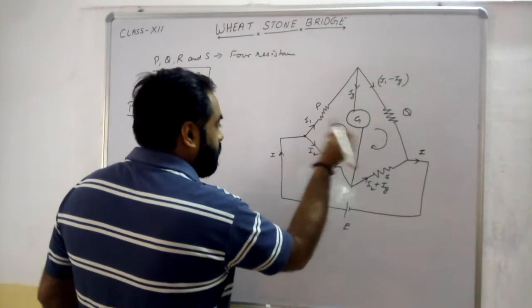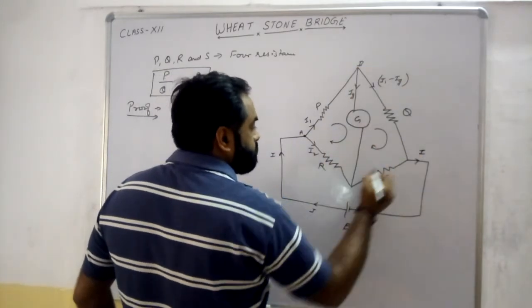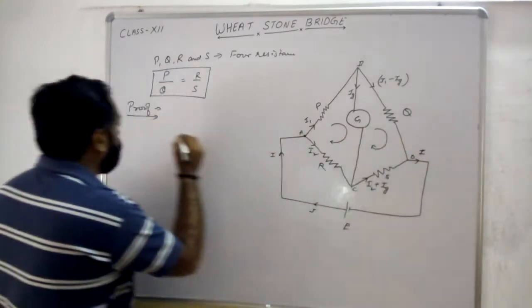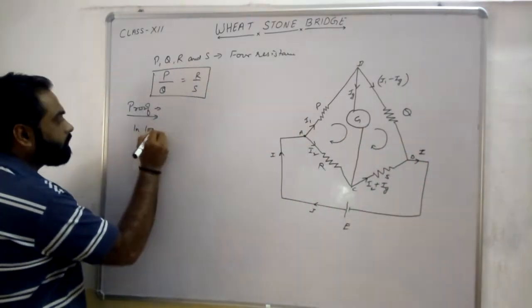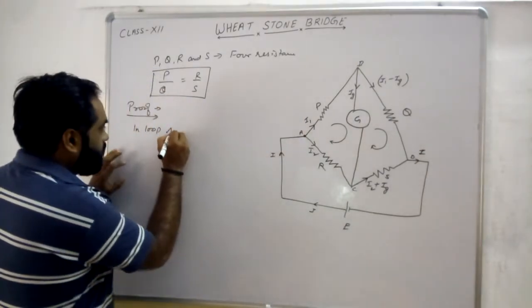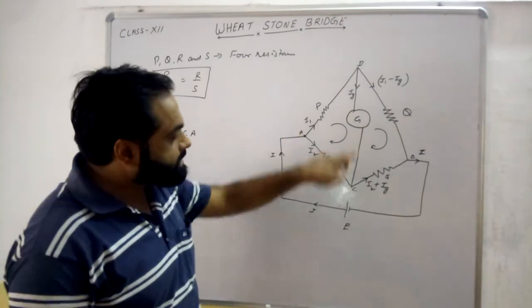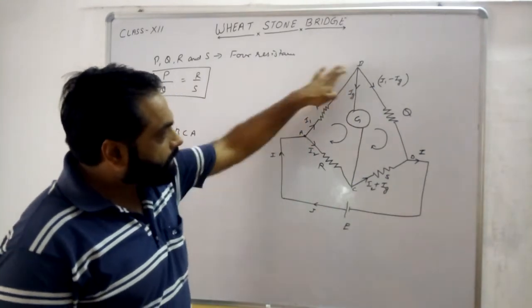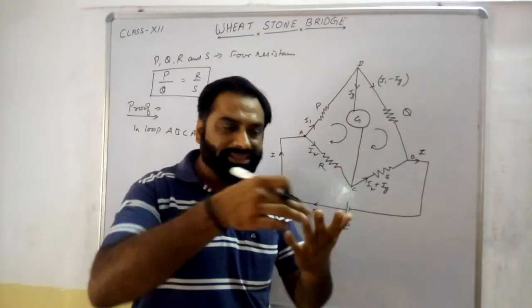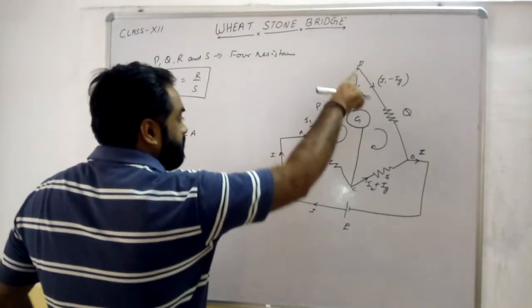So I am naming A, B. Suppose this is C, this is D. Now in a loop, starting from here A, B, C, again A, B, C, A. This is considered as a loop, meaning starting and ending at the same point. So according to loop A, B, C, A,